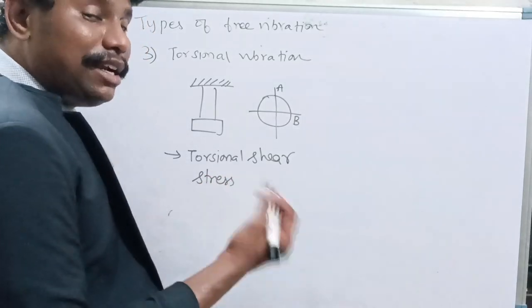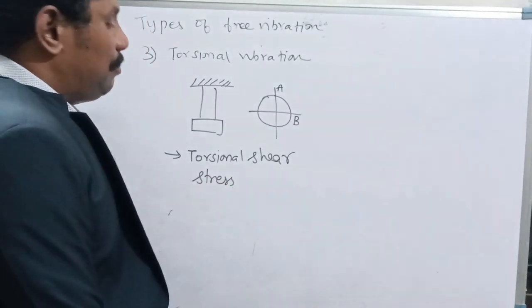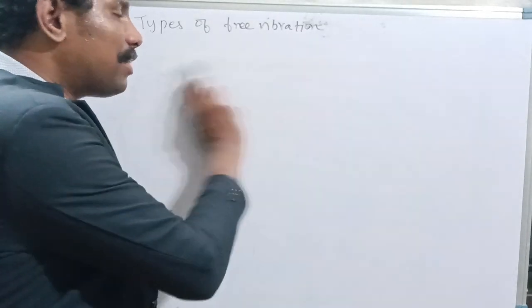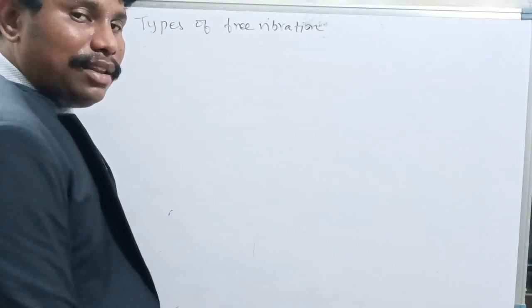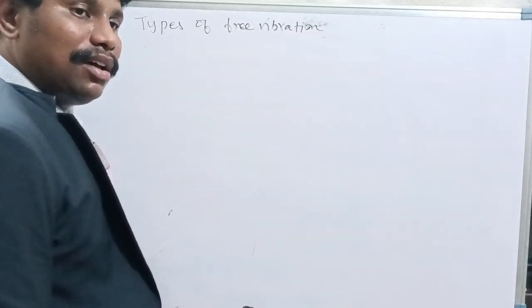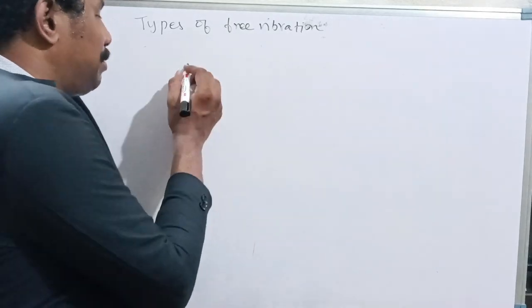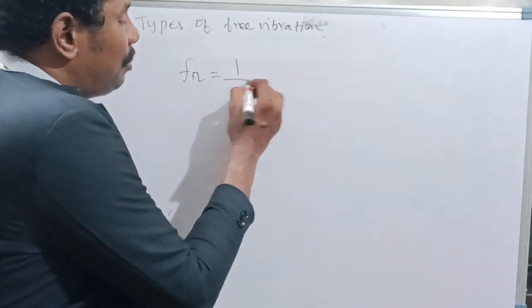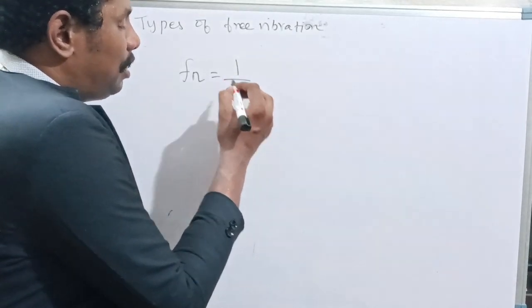So these are the three different types of vibrations with respect to the free vibration, and there are different methods that have been used to calculate the frequency of the longitudinal as well as the transverse vibration. So this is the formula that is used to calculate the frequency of longitudinal as well as transverse vibration, that